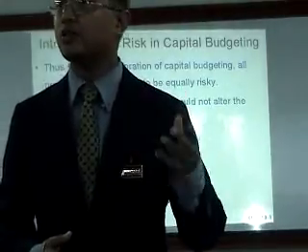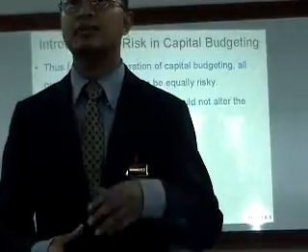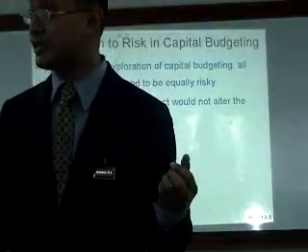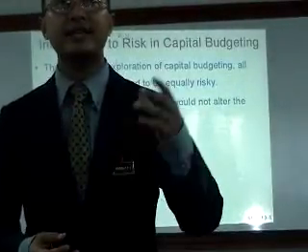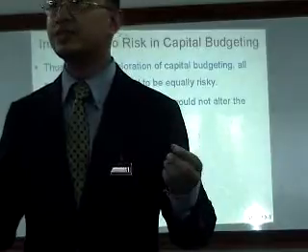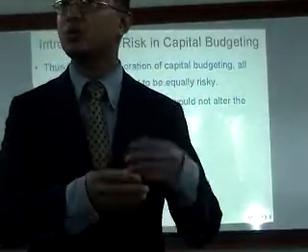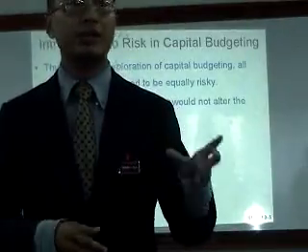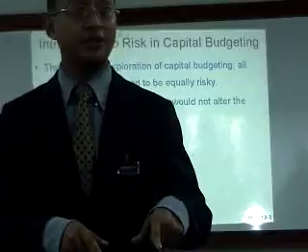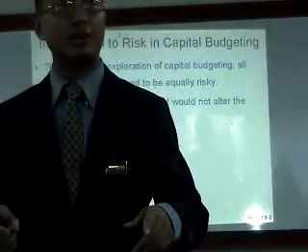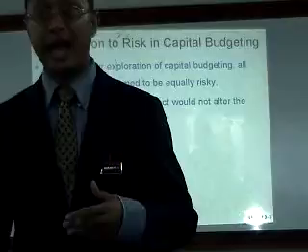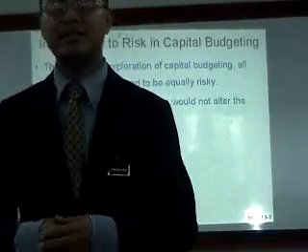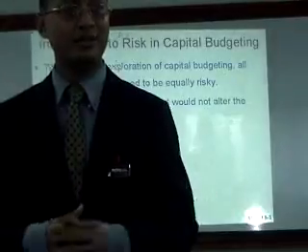So you have a 10% cost of capital, but in the real world, sometimes project A will have 10%, project B will have maybe 20% risk, because you might want to invest in an asset or a machine which has higher risk. For example, machine A and machine B. Machine A is automatic, machine B is semi-automatic. The risk of using the automatic may be less compared to the semi-automatic, whereby your employees might accidentally put their hand into the machine, and then disasters happen, hazards occur, right?